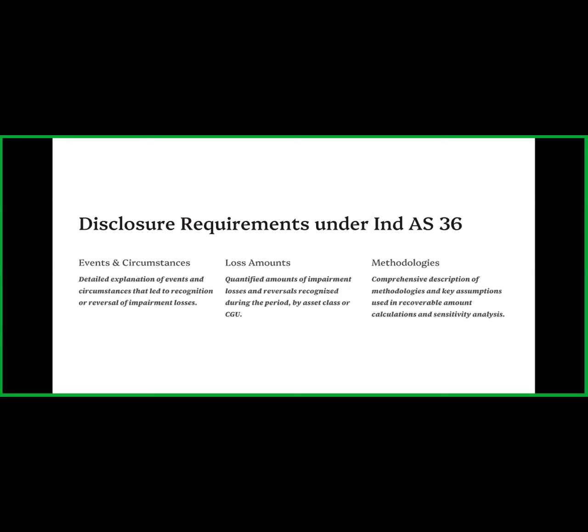Okay, so what are the disclosure requirements under Indian Accounting Standard 36? What are the basic requirements? That is the events and circumstances: the detailed explanation of events and circumstances that led to the recognition of impairment losses or their reversal. Okay, so when there is an impairment loss or a reversal of the impairment loss, that event should be clearly mentioned